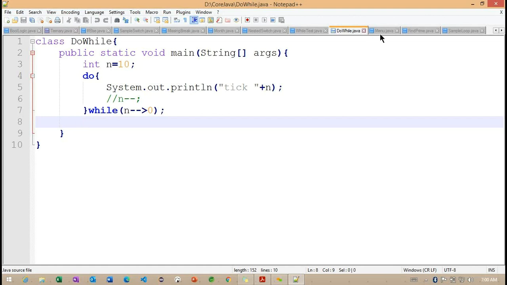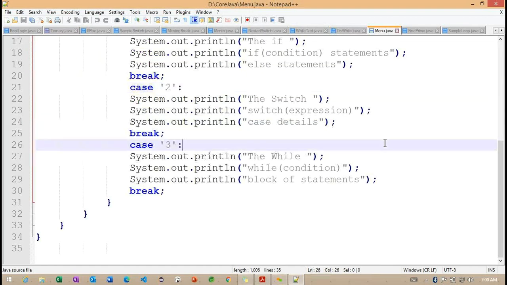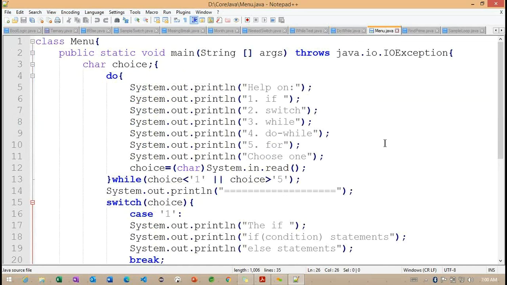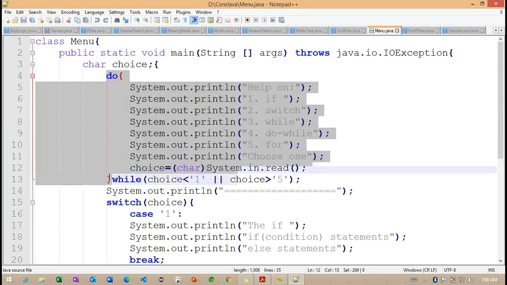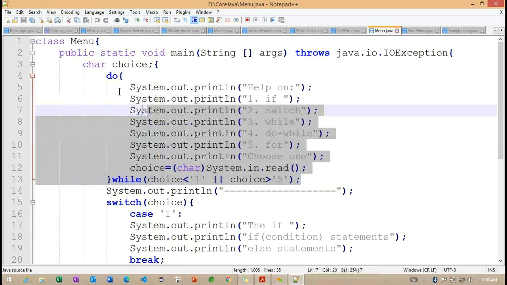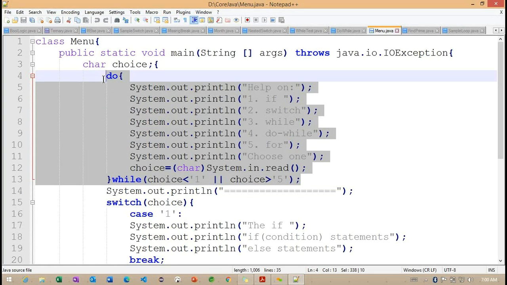Along with this do while loop, we identified one more example, the menu-related example we implemented. Here we implemented a do block and we have a while condition. If this while condition is satisfied, this block will repeat multiple times. Getting the point.